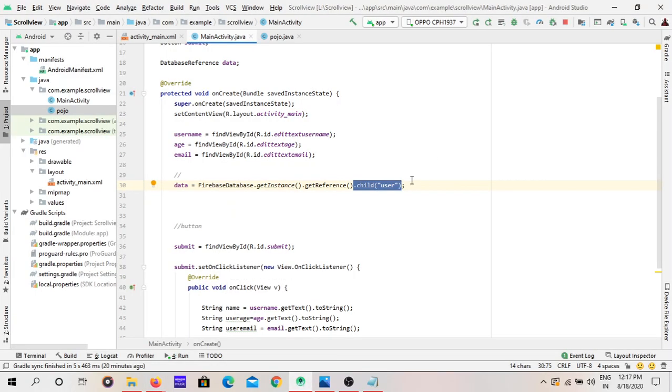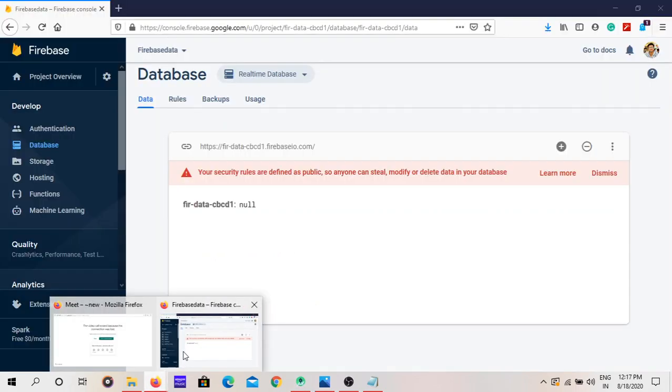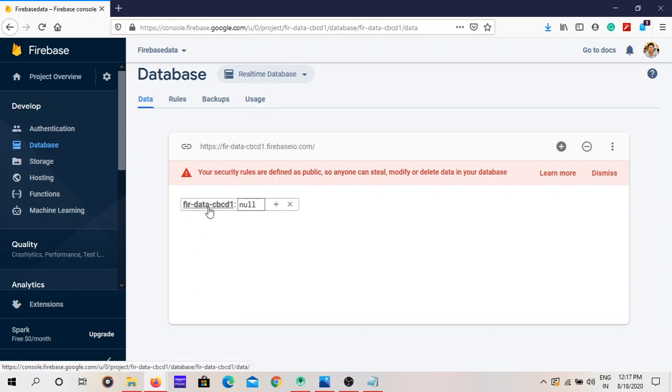After pushing we can see it clearly. Now we have a child called user. In this user child we are going to push the username, age and email. All the user information we are going to push in this user. In SQL it is one table. User is one table.